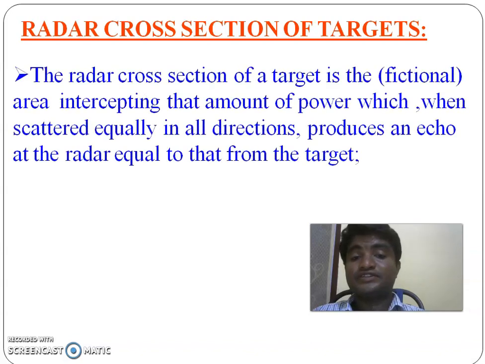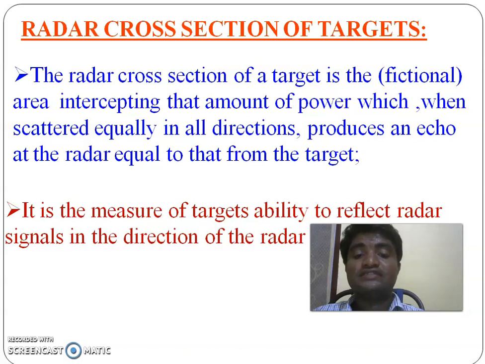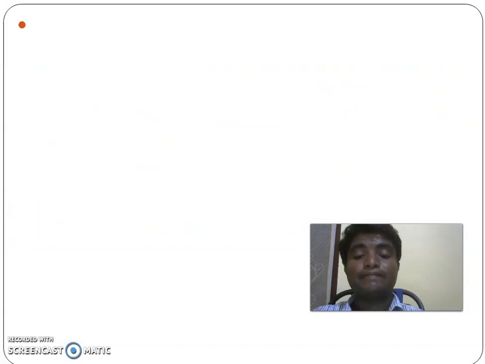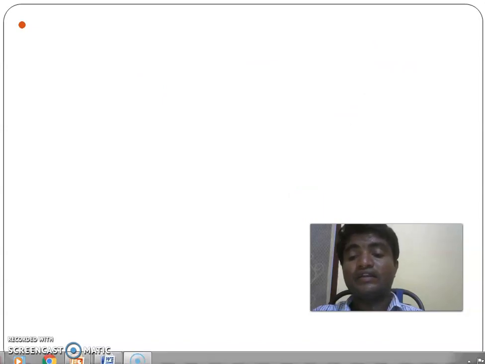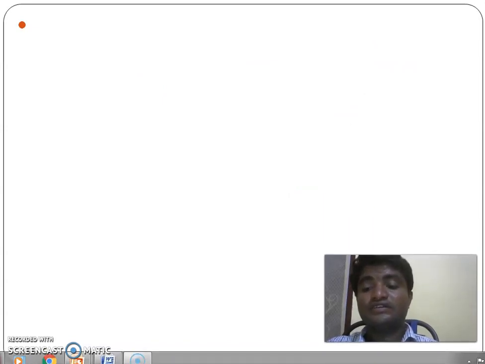The radar cross section is the area intercepting the amount of power which, when scattered equally in all directions, produces an echo at the radar equal to that from the target. It is also defined as the measure of the target's ability to reflect the radar signals in the direction of the radar receiver. And then the radar cross section is given by